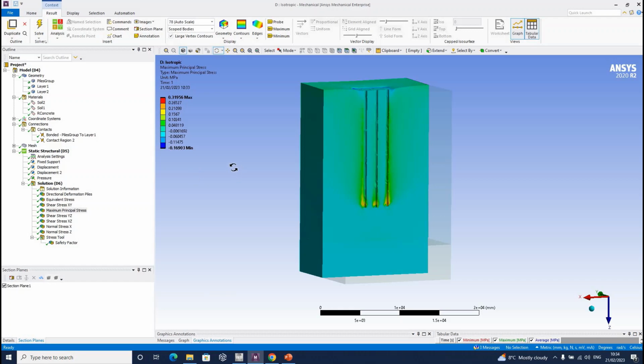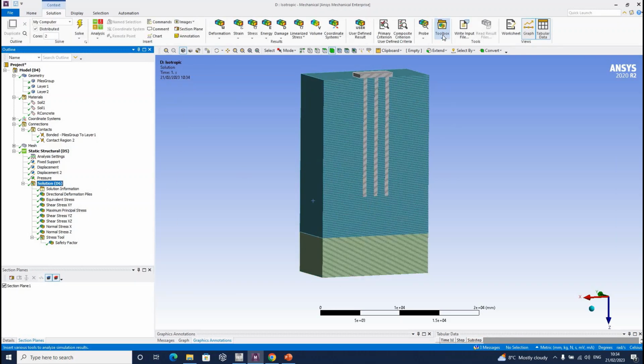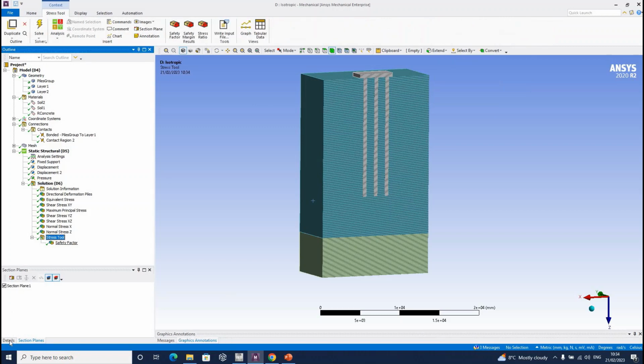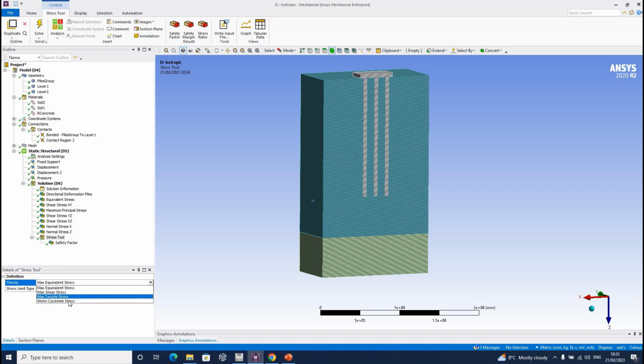Good. The other thing I wanted to show you is the possibility of using stress tools. So you basically go to solution and you have stress tools in here, the toolbox. So the stress tool is in here. This is the option. And in there you can select different options in terms of what to calculate as a safety factor. For example, you have these 4 options for maximum equivalent stress, maximum shear stress, maximum tensile stress, and